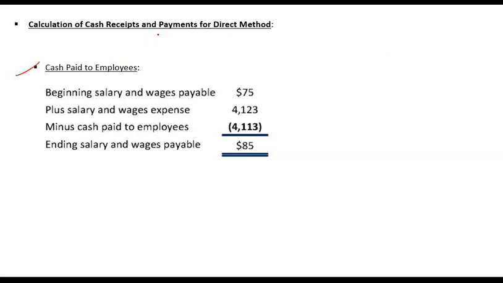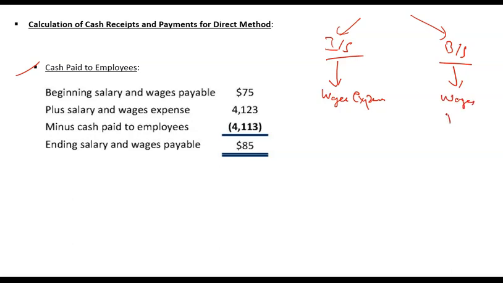Another possible item in cash flow from operations, direct method, can be cash paid to employees. When you pay cash to employees, again you will need two items: one item from the income statement and one item from the balance sheet. From the income statement you will need the wages expense for the period, and from the balance sheet you will need wages payable, that is your liability, and the adjusting figure between these two would be your cash. So you take the beginning payable, you add the expense for the year, and when you subtract the ending salary payable, it will give you the cash paid to employees.